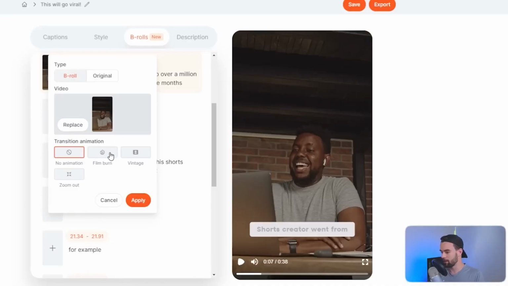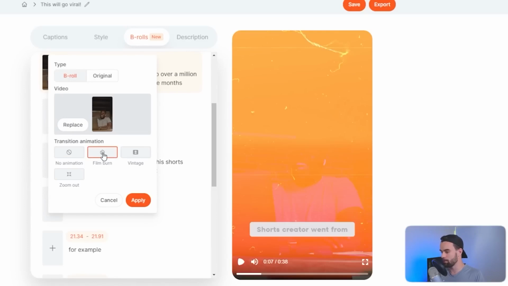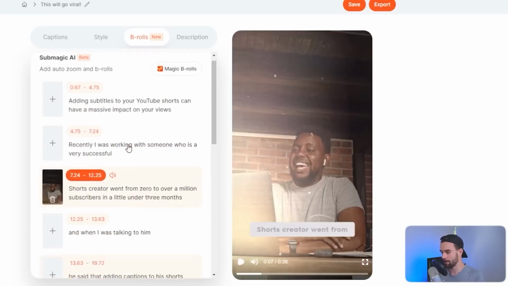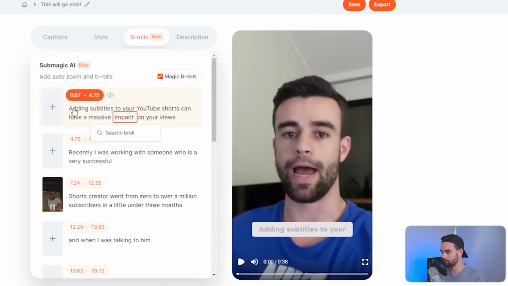And then what you can do is also add in effects. So if I add in this film burn effect, for example, it's going to have this cool transition into that clip. I might click on vintage because that one looks cool in my opinion, and then hit apply. And what's going to happen if we watch this short now,